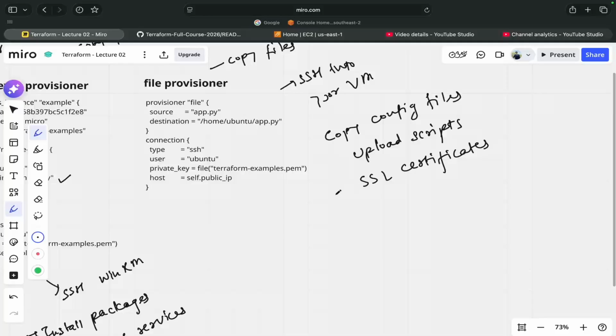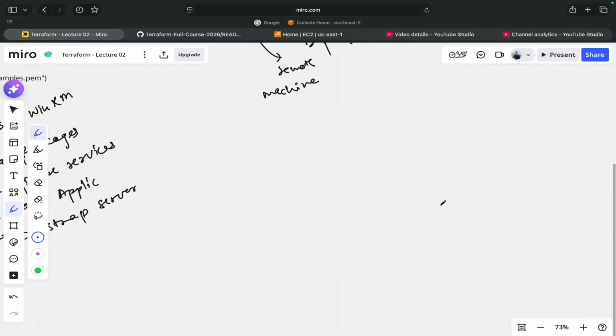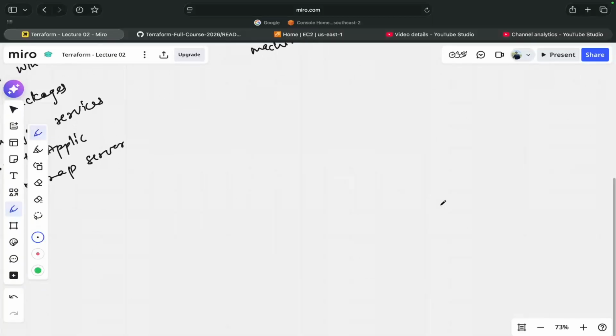This can also be considered a useful use case, because SSL certificates are very necessary when it comes to a real world application, okay? And also you can deploy artifacts by copying them into the remote machine. You will have your artifact files ready on your machine with the file provisioner, and you can deploy those artifacts, correct? Now provisioners can also run during destroy, and this is an advanced feature where provisioners can